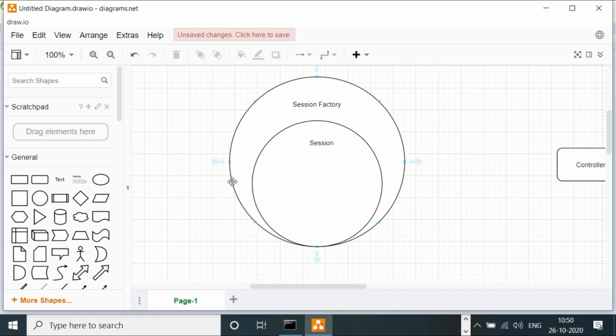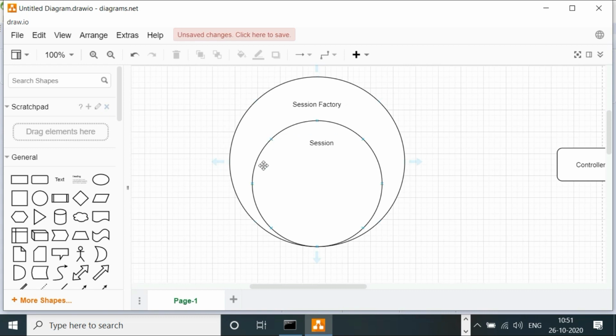Then I probably need multiple session factories with multiple sessions in them. One session factory will be for one database. So I have one session factory for MySQL, which will load the properties only for the MySQL database, one session factory for Oracle, which will get the properties for the Oracle database, and a third session factory instance for my MS SQL database.